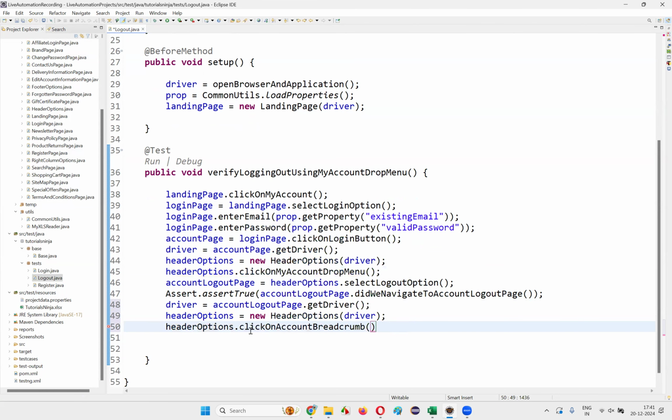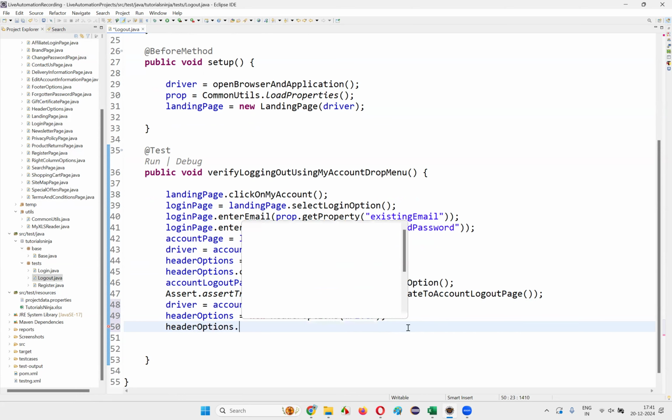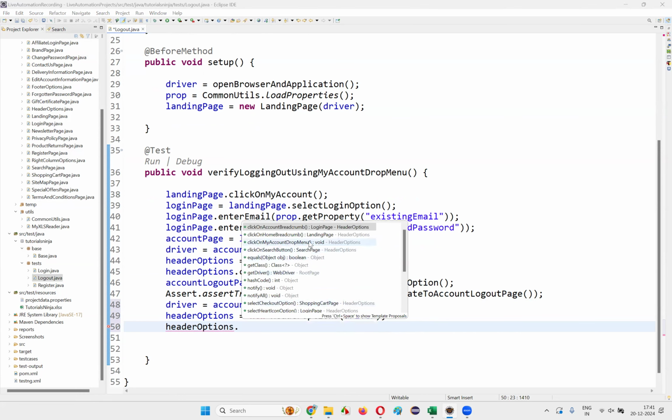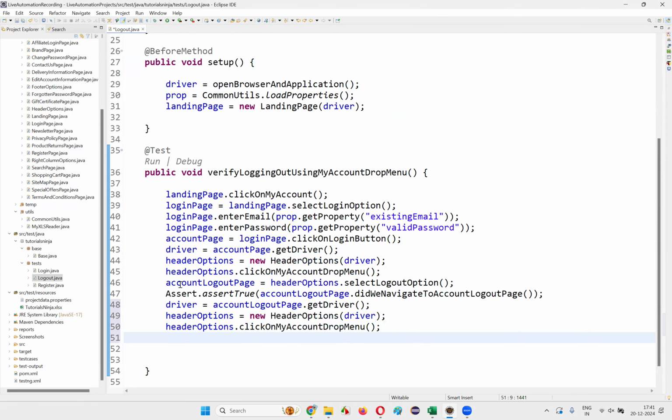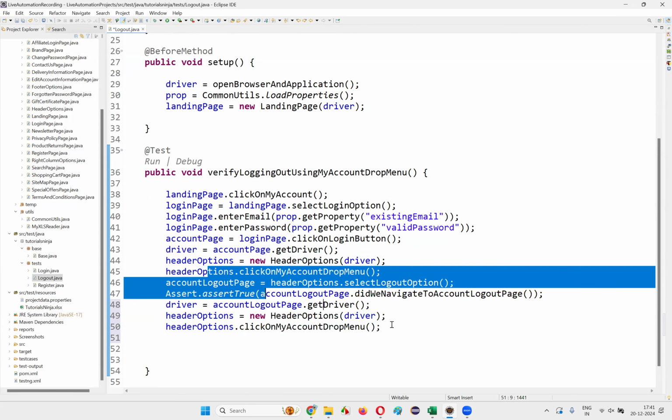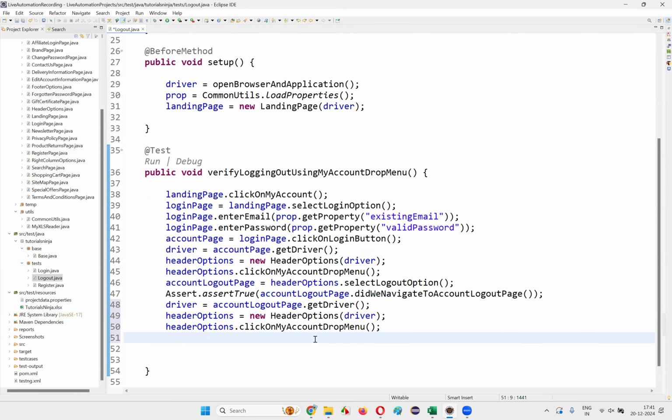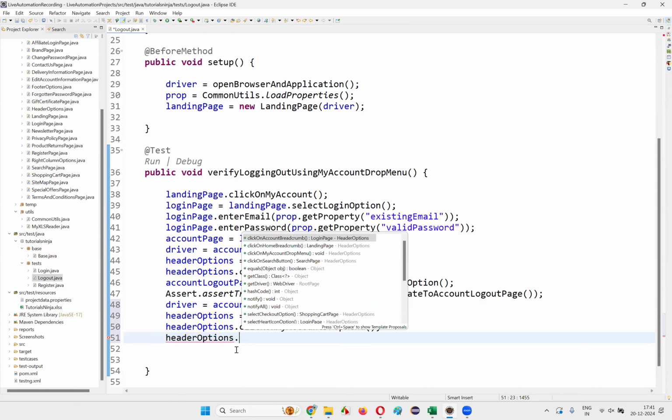Account header options, click on my account drop menu. And I need to verify what is displayed. We need to verify whether this particular thing, that is the login option, is displayed or not. So I'll just write header options dot,